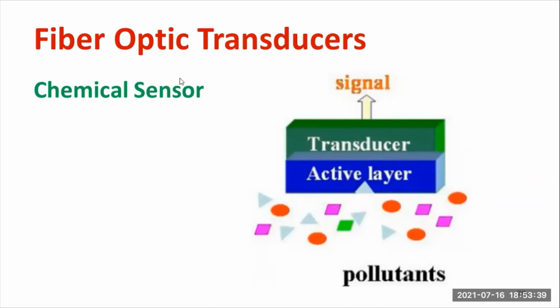The fiber optic based chemical sensor is really useful for identifying pollutants, because with the naked eye it is not possible to identify whether any pollutants are present inside the particular fluids. You can make this out with the help of a fiber optic based chemical sensor. Here there will be a source and a detector. The light will pass from the source to the detector. In between, you keep the particular fiber optic transducer, and with its help we identify the major contents present inside the fluid, so that you can identify the harmful pollutants. This is another application.